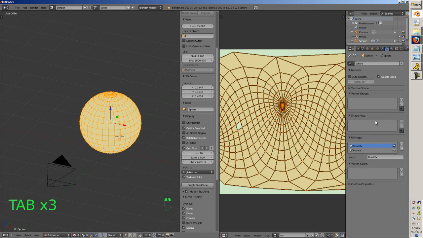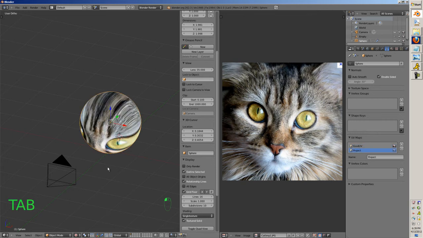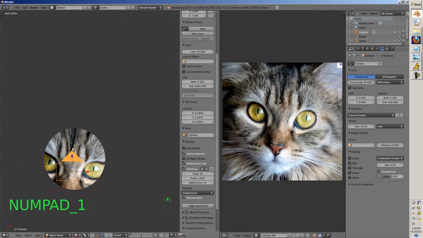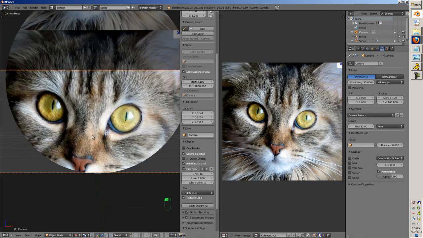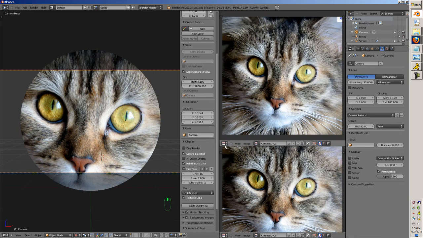See, do I gotta go over here to project and load up cat? Seems a bit overkill. Oh, it looks like I do. So now, if I go into camera view, I am projecting the cat onto the sphere, which if we bring up another 3D window